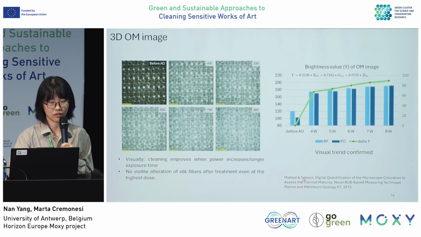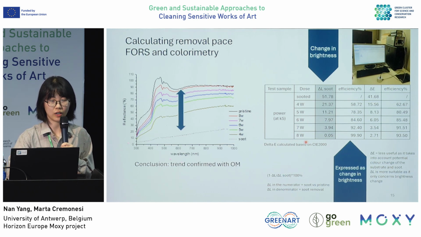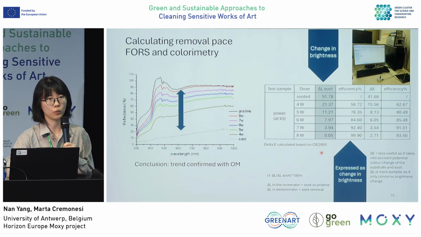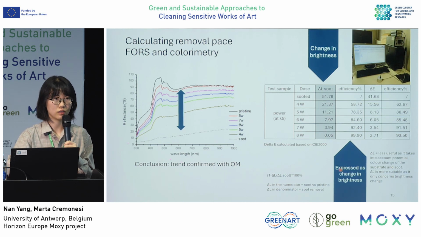So visually, it's confirmed with our eyes, and also we didn't see any damage to the silk thread at the condition that we selected. And also we use colorimetry to calculate the change in brightness in another way, apart from the ImageJ brightness value. So instead of using the traditional change in delta E, we also decided to use the brightness again